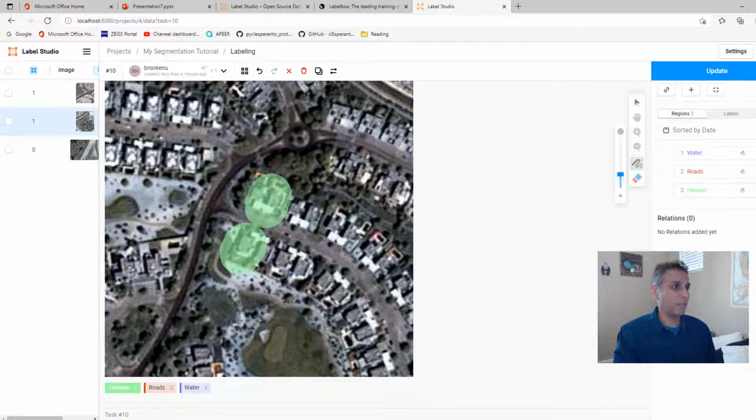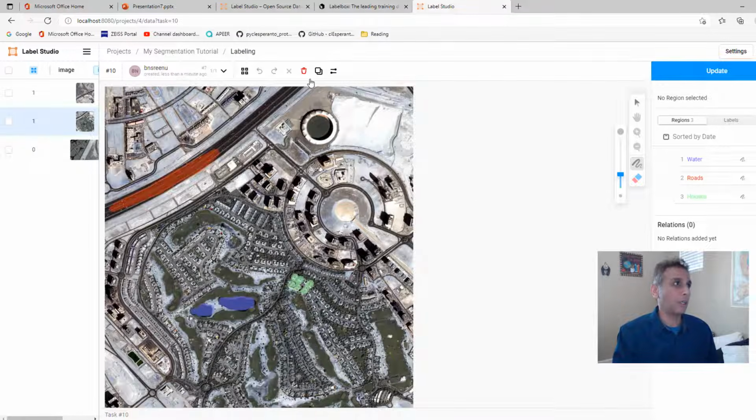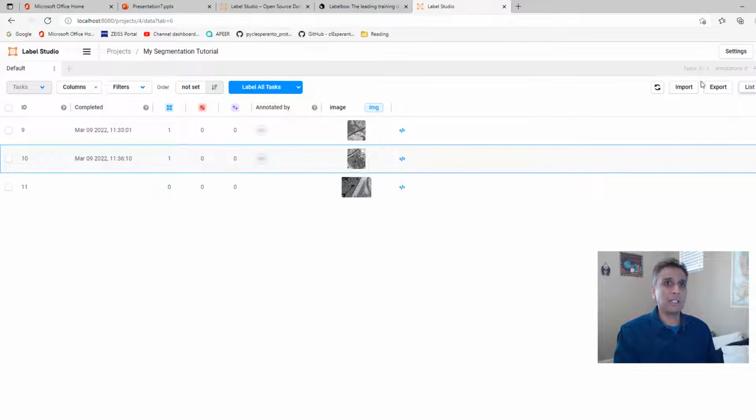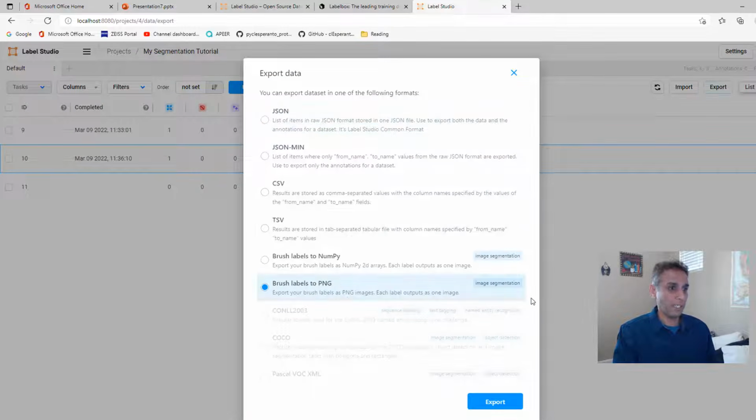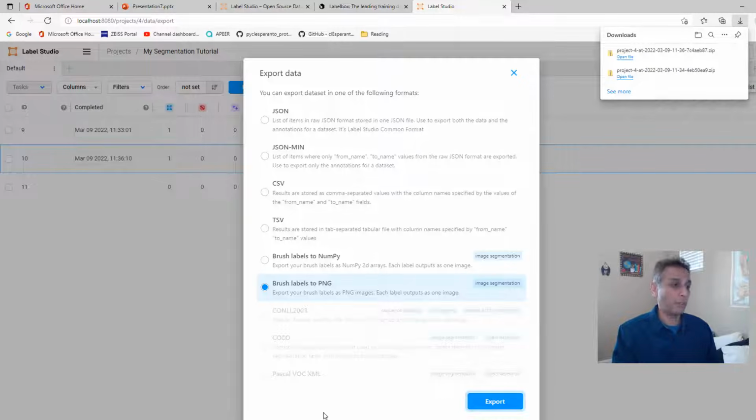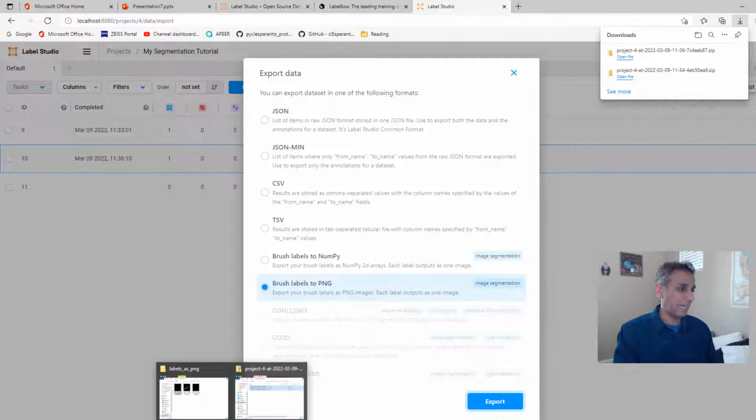That's one. Oh, that's a big house. That's another. That's a house. Okay, I'm done. Update. And now let's go back to our labels. Export as PNG. It downloads everything into a zip file, so you don't have to worry about handling all those